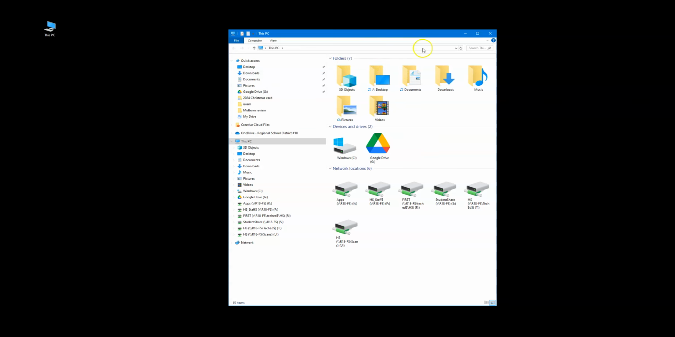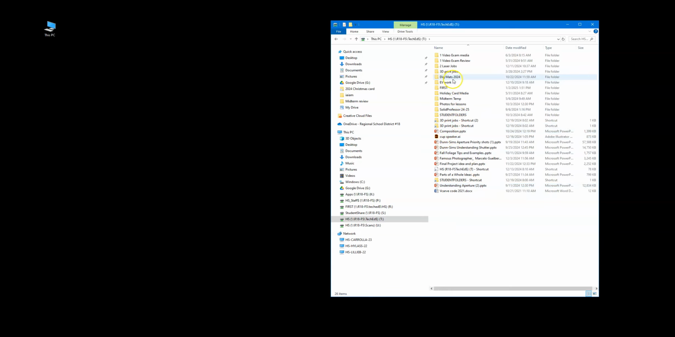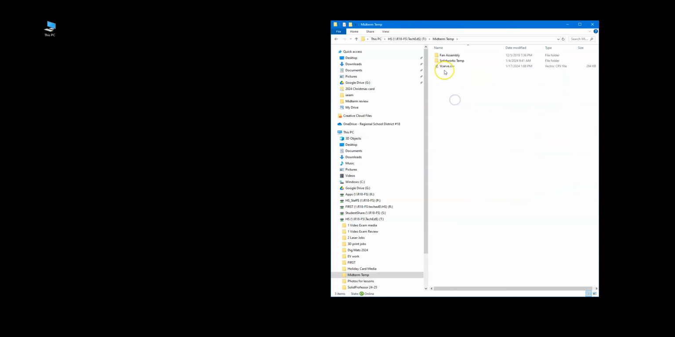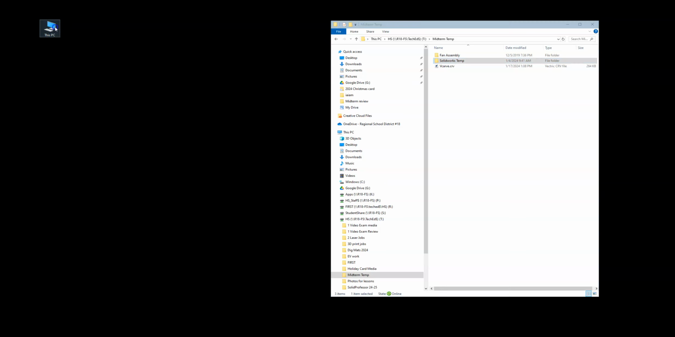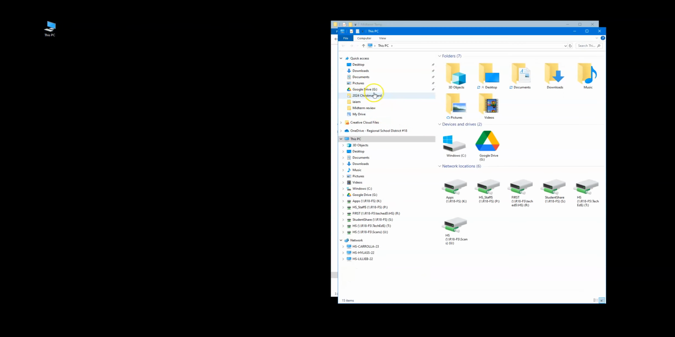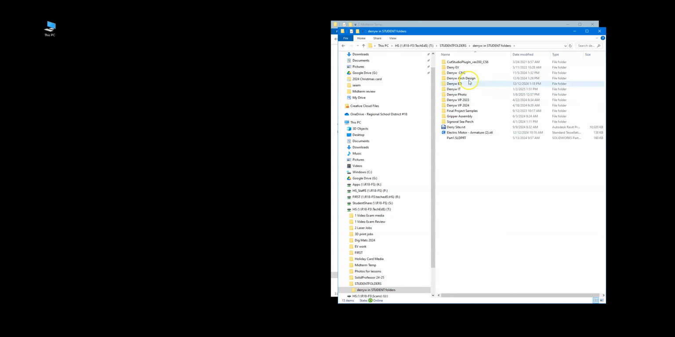So the first thing we need to do is go to this PC and get our templates from the tech drive. All right, in the tech drive, we've got our midterm template and we have our SolidWorks templates. You're going to copy this and put it into your folder. So you're going to go into the tech drive, go to student folders, find your folder, and put it in